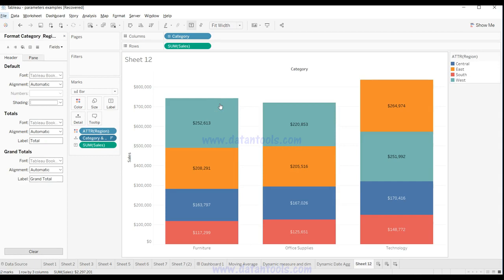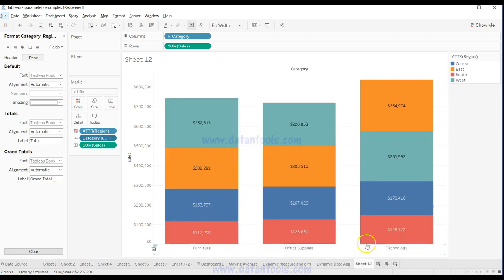Hey guys, welcome to the next video, and in this video I will show you how you can sort the respective bars like this in ascending or descending order. So for example, the highest value is coming first, then the second highest, third highest, and finally the last value. So this is true for each of the bars that you will see, but generally if you create a bar chart, that is not possible. So we are using a small configuration that you need to do to achieve the sorted bar categories or sorted